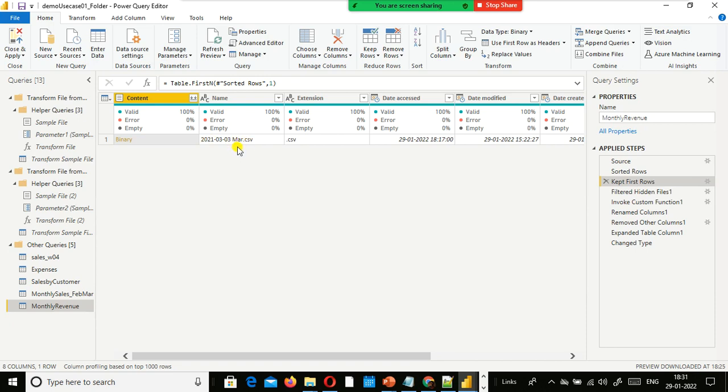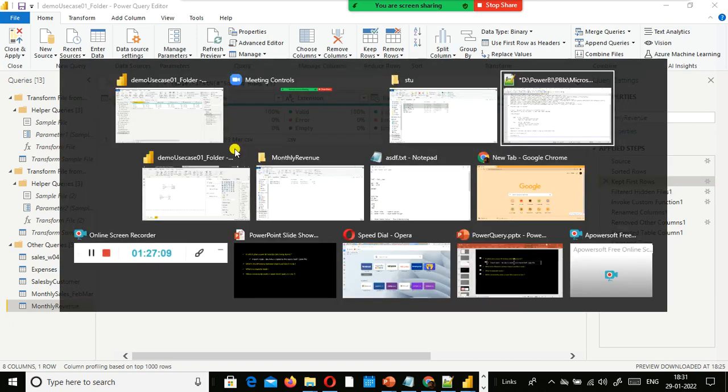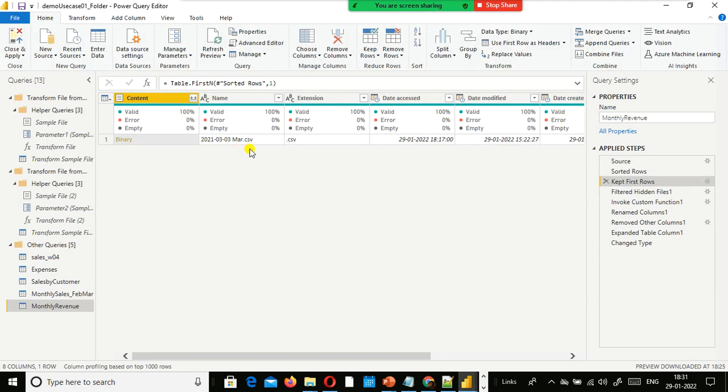Though you pick up the recent file only, still the previous month's transformations, whatever we applied, the same thing will be reused here. That is the beauty of this one: picking up the recent file and then applying this. That's all. But I would suggest you test this with some other logic, instead of using the US date format, try with something else.